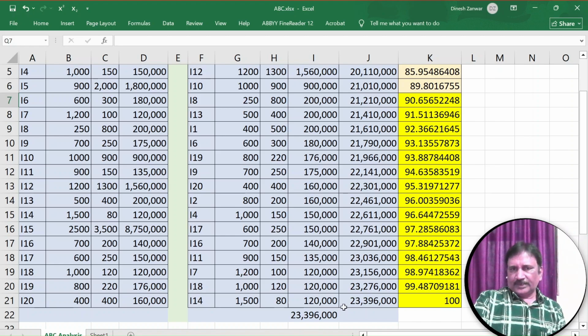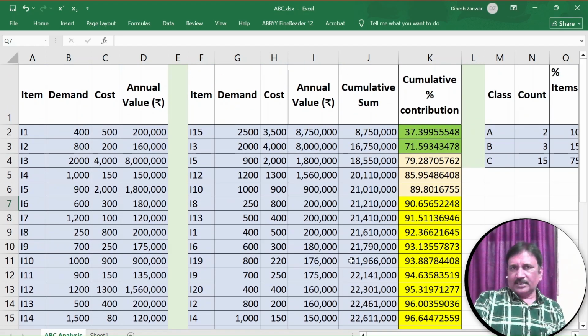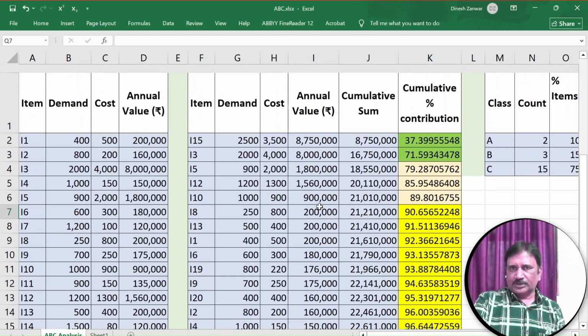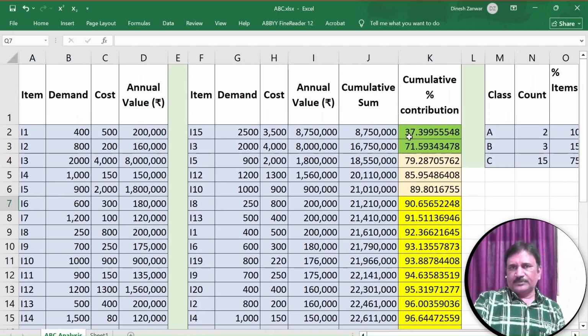With this figure, 233 lakh 96,000, I can get the cumulative percentage contribution in the consumption. So 87 lakh 50,000 divided by 233 lakh 96,000 into 100 gets me the contribution in the consumption value, that is